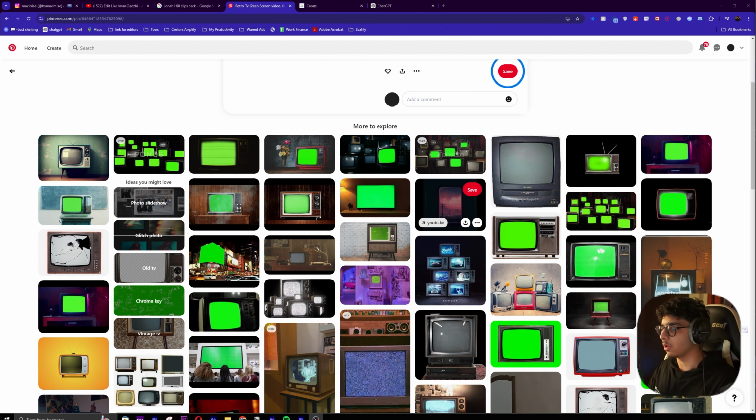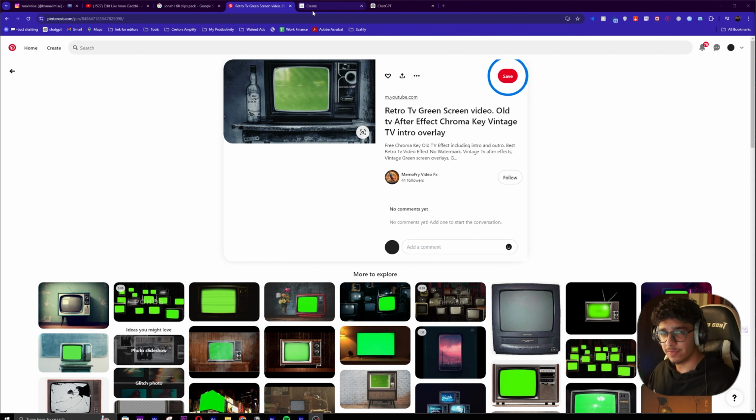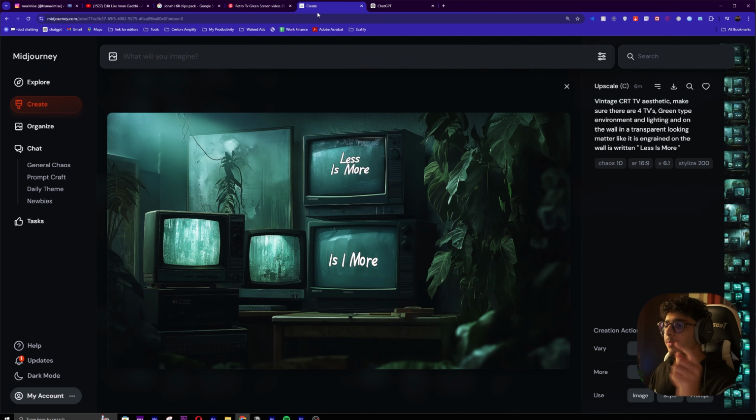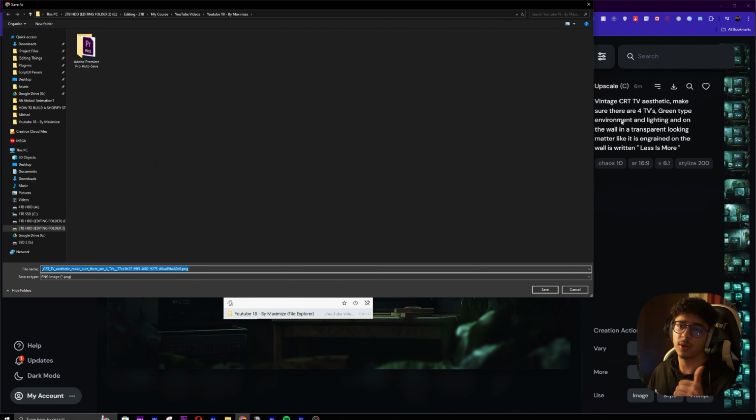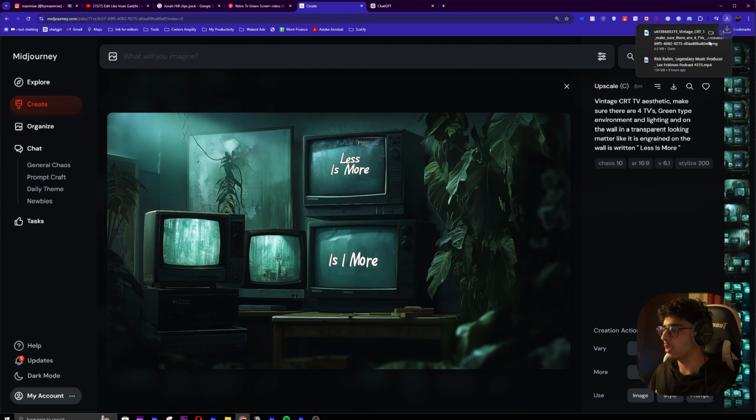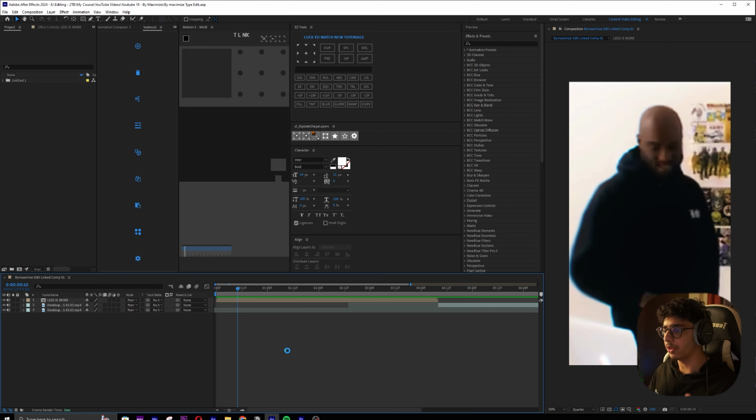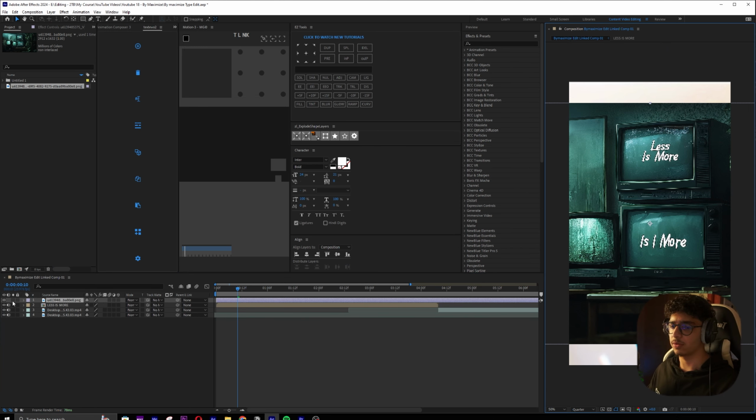Don't overcomplicate it. But me, because I want to go next level, I'm going to be using this image which I generated using Midjourney, and this is going to be in the description below, so don't worry about it. You can just reuse this in case you want to follow and learn my style. And I'm going to download this. I didn't go too much over prompting because I went over that in my last video. Anyways, we have this. Now I think we're ready to import it into After Effects.